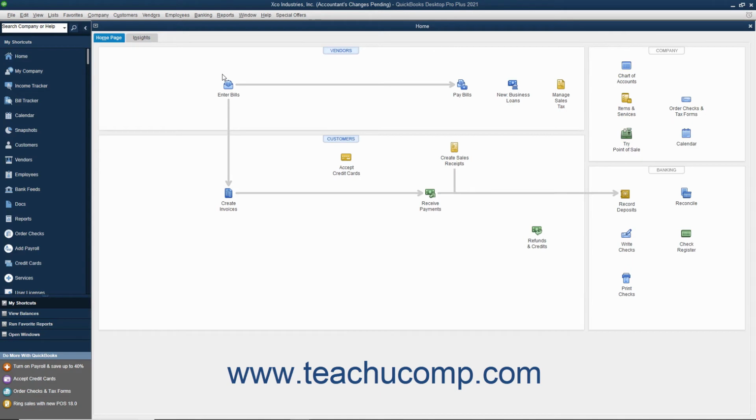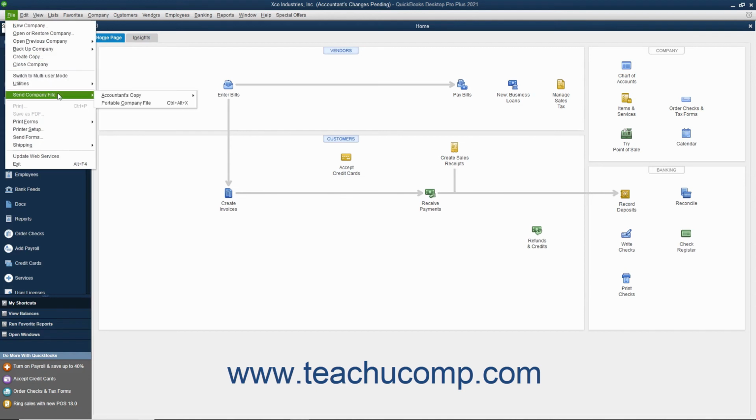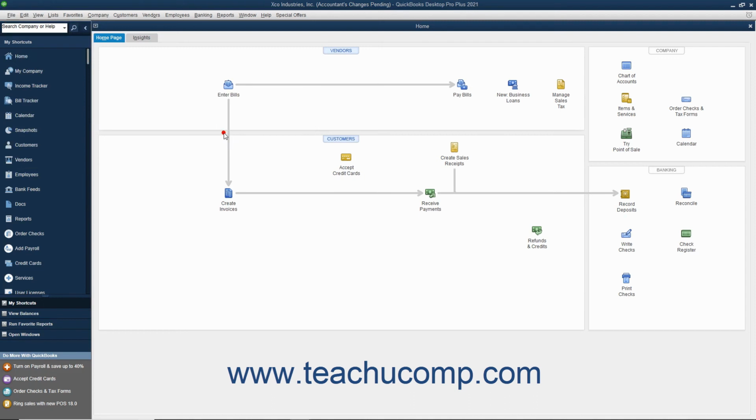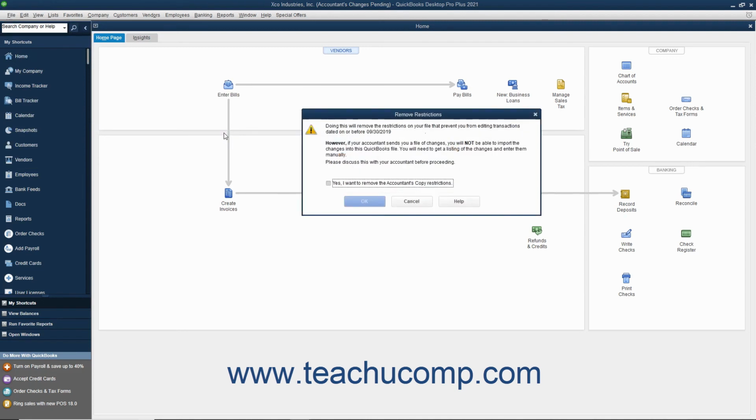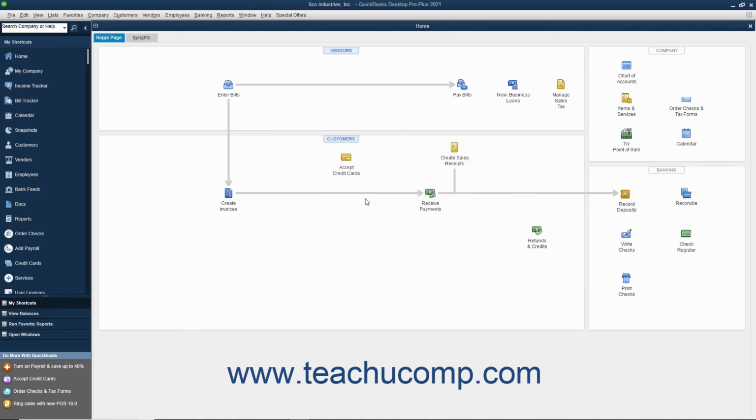To remove restrictions from a company file, open the company file. Then select File, Send Company File, Accountant's Copy, Remove Restrictions from the menu bar. In the message box that appears on screen, check the checkbox and then click the OK button to remove the